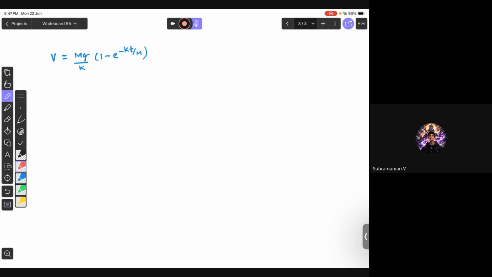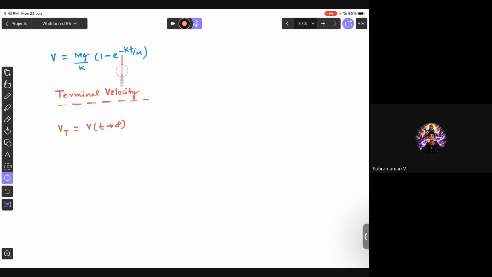So we came across a term called terminal velocity. Terminal velocity is the speed or velocity after a long time has elapsed, whatever speed or velocity it reaches after a long time. So in the expression of the velocity, you see the term e power minus kt by m. If I use t as infinity, it becomes e power